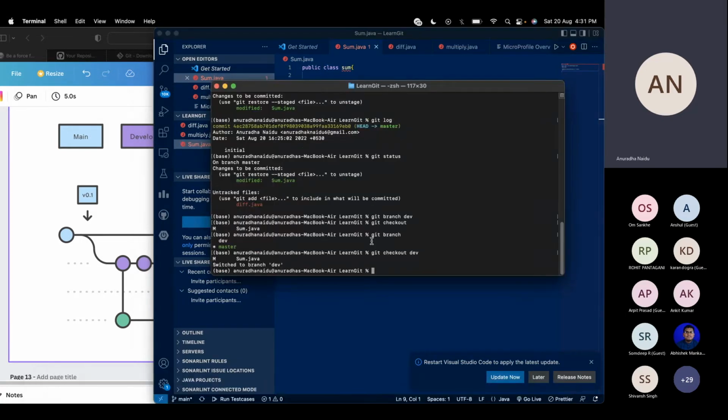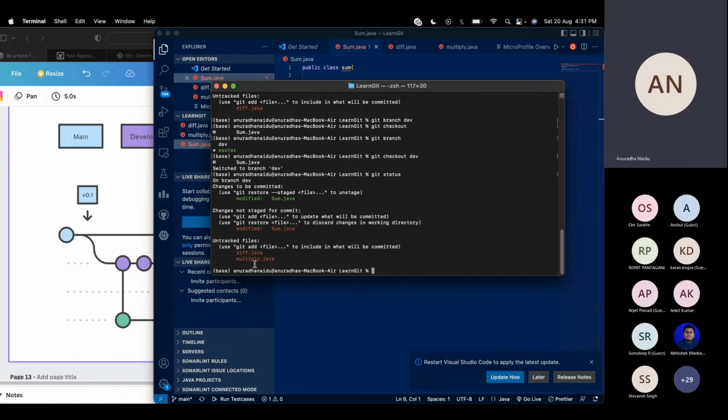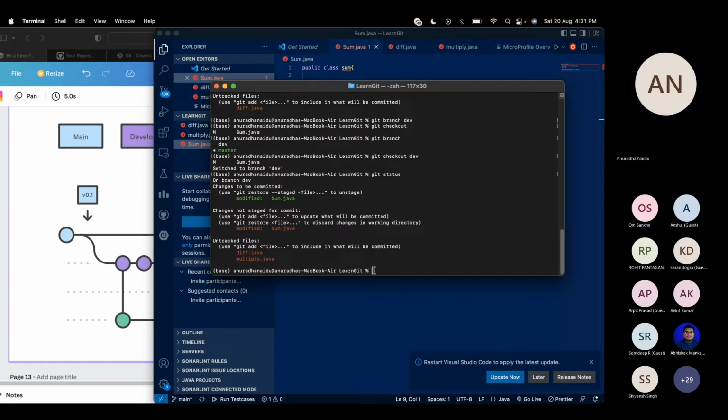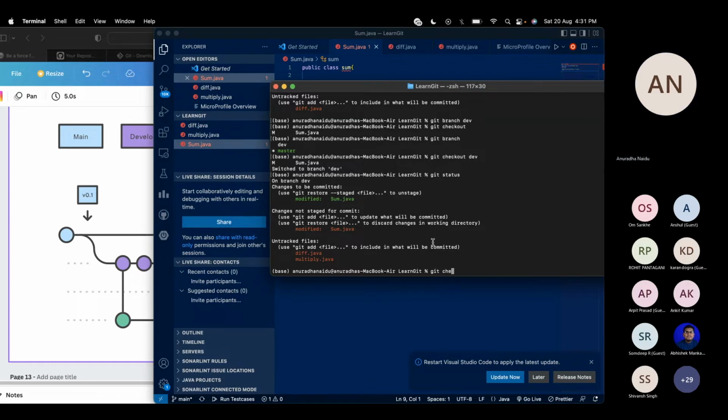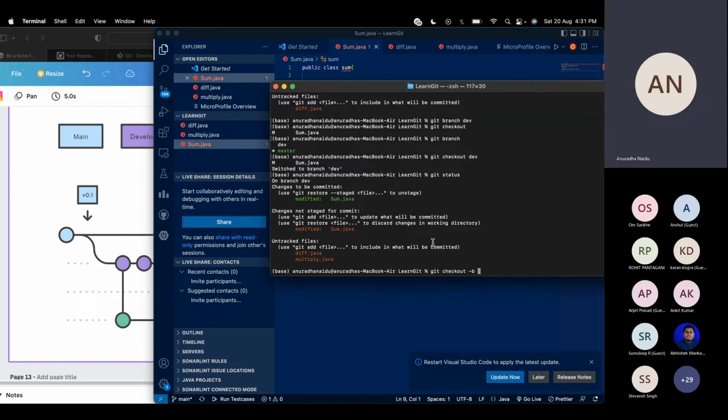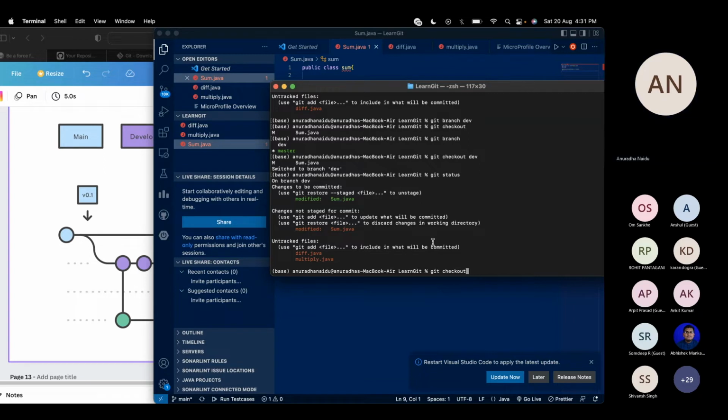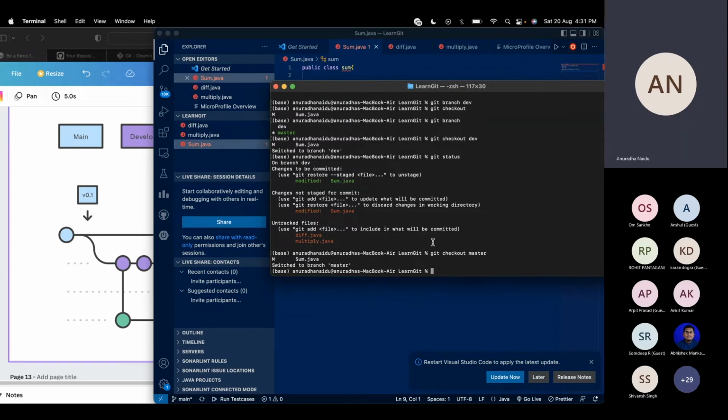Now I'll go to this and check the status. Yeah, it is showing that it has been modified. But now we'll see the main concept of how branching works. I have created the file changes in the dev branch, but these changes won't be visible in the master branch. So if I'm going into the master branch, this is the command: git checkout master. Now we are in the master branch. Now if we check the status of the